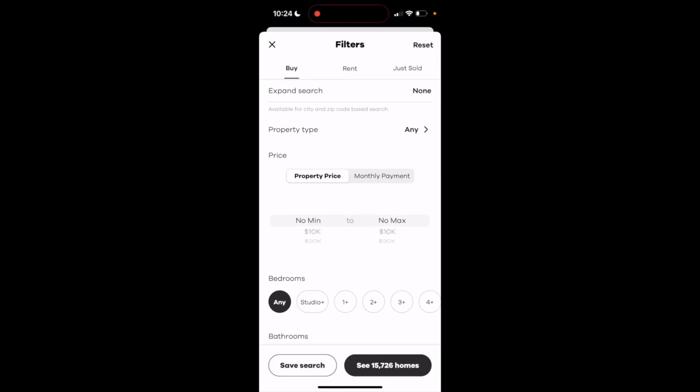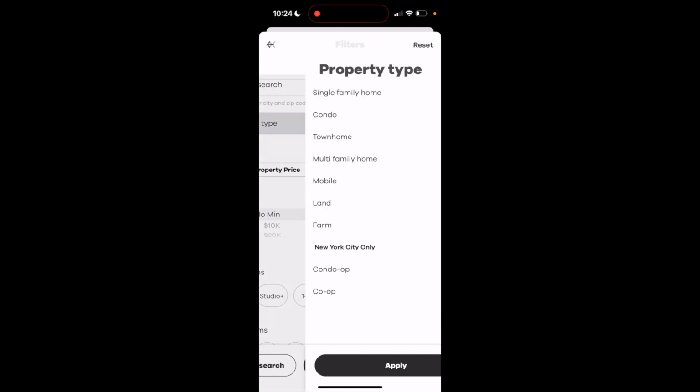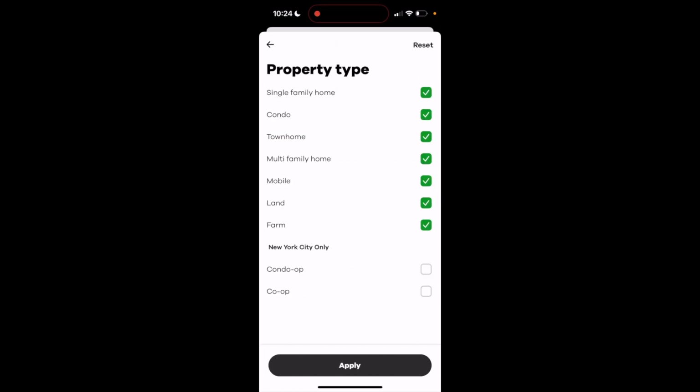Now under filters right here, as you can tell, a couple different options down at the top here. It says property type and any. If you want to edit the property type for specific properties, press on this option right here to open up this new tab. Now under property type, anyone that's checked will be the ones that show up here in